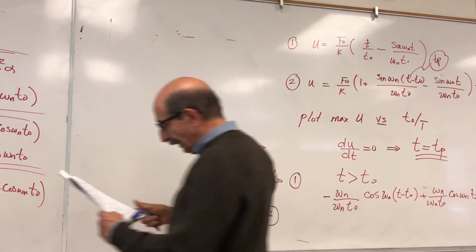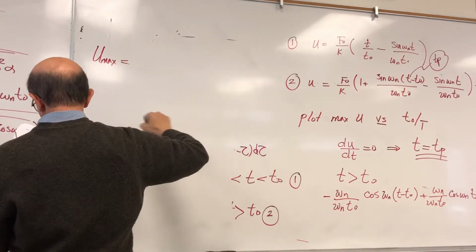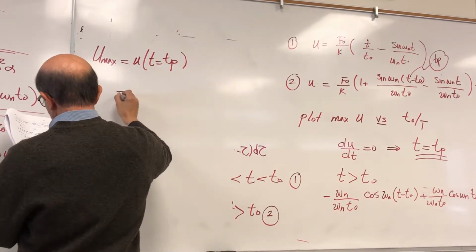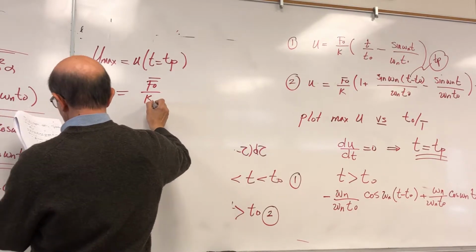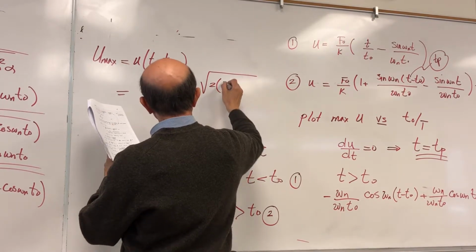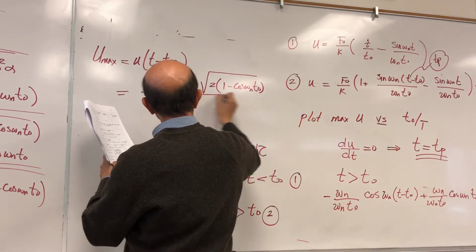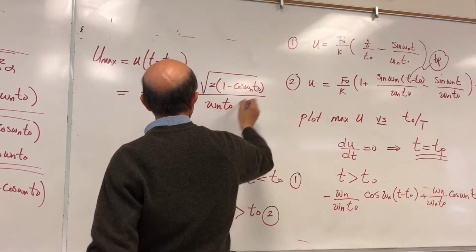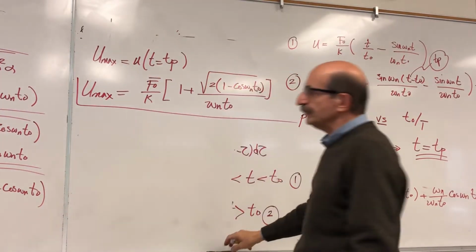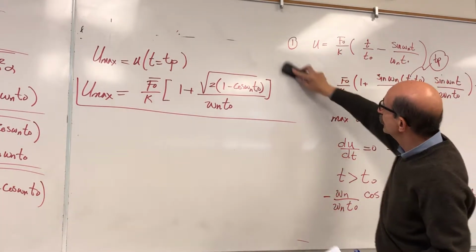Okay? So if you do that, you get basically the maximum value, which is u at t equal to tp. If you simplify that, you get this relationship: 1 plus 2 square root of 2 times 1 minus cosine omega n t0 over omega n t0. This is u max. So if I can summarize that, you just derive the displacement response, take the derivative, equate